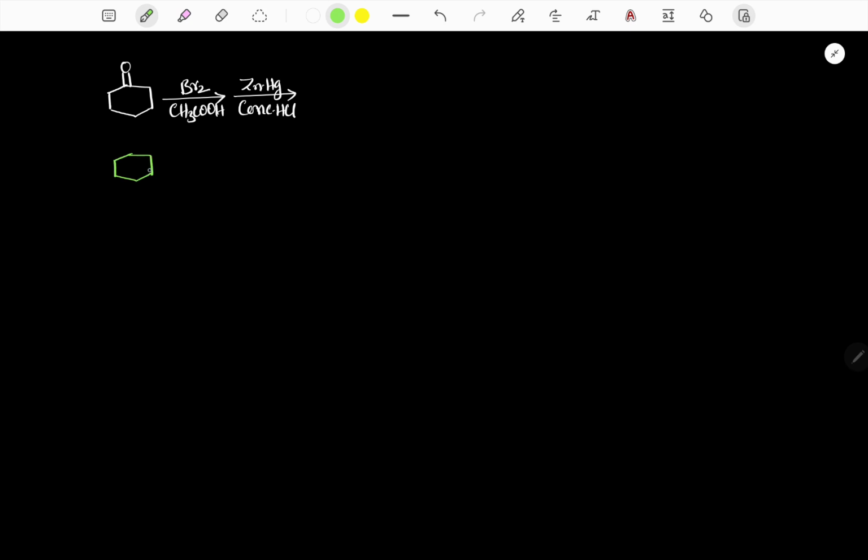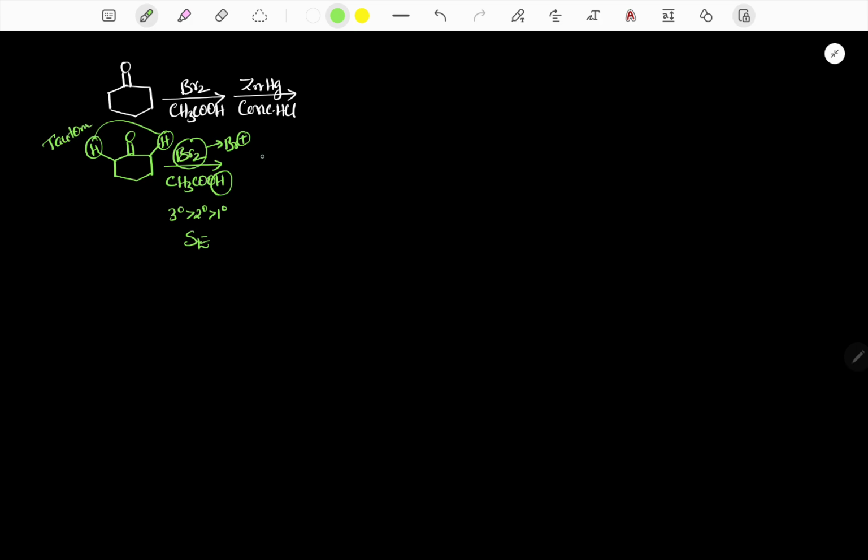Ketone treated with Br2 in acidic medium. That means we are adding H plus and electrophile Br plus. From Br2, simply we think about electrophile Br plus. So when aldehyde or ketone is treated with electrophile in acidic medium, whether tertiary, secondary, or primary, it undergoes electrophilic substitution. That means here it is an alpha proton, and these two protons undergo